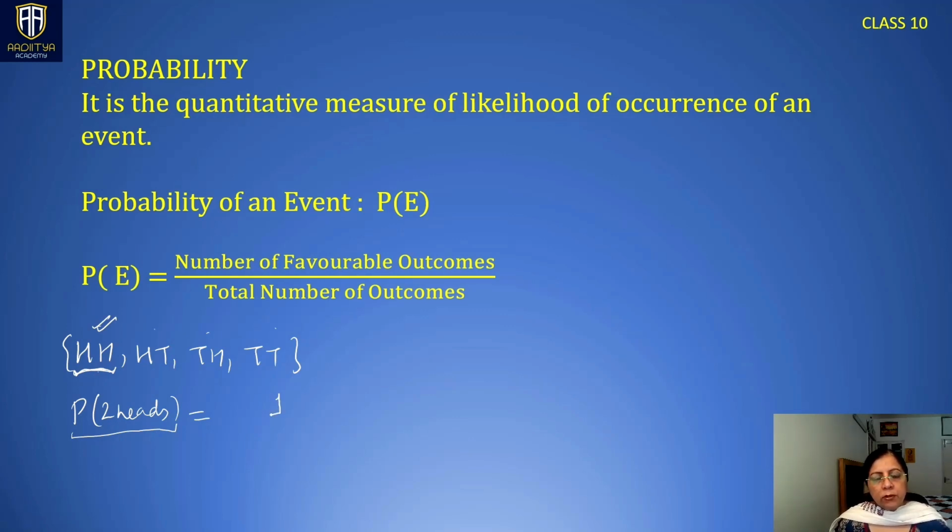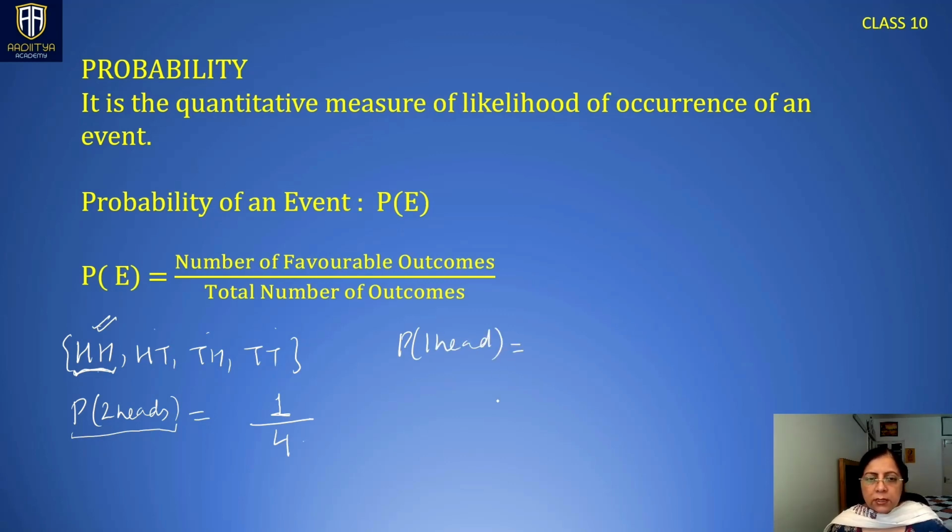So only one favorable outcome upon total number of outcomes is 4. This is how we measure probability in mathematical terms. So the procedure is, first we have to draw or write the sample space of the experiment. Then we have to look for the event for which we are going to find the probability. Next, we have to look for the favorable outcomes in the total sample space. Like in the next case, if I say what is the probability of getting one head,